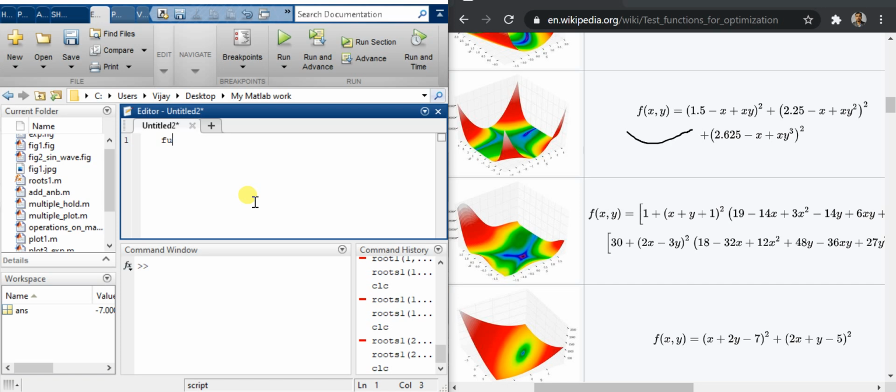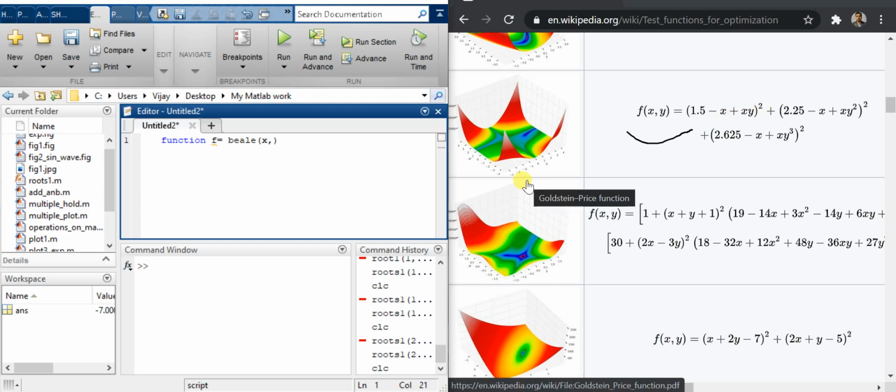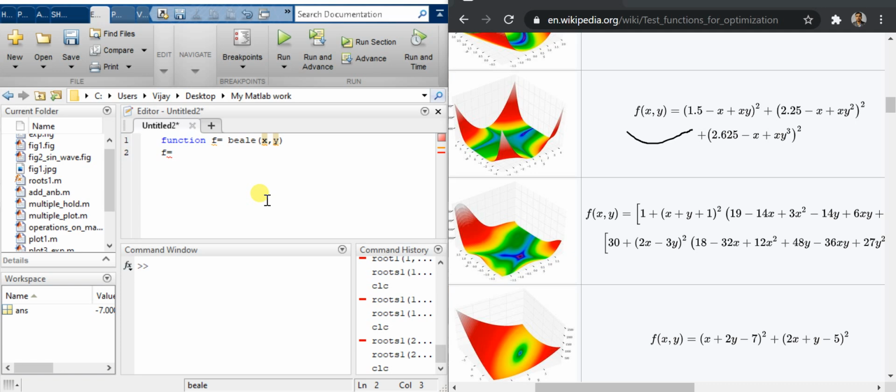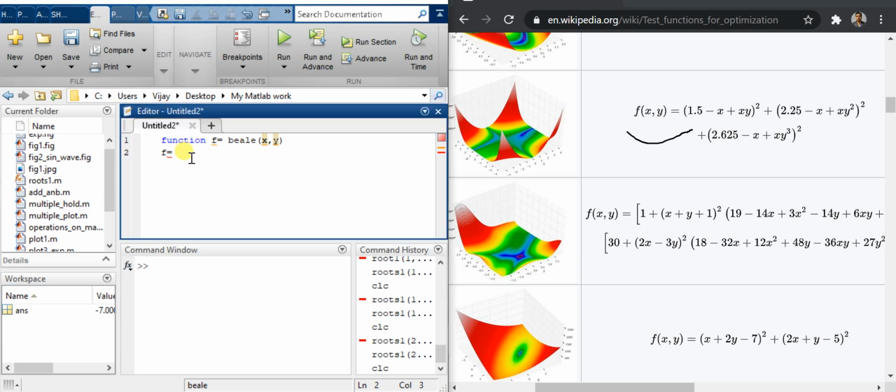code this. The keyword function is the starting, and we will store the value in f equal to, and the name of the function is Beale. So write Beale and pass the parameters. I think we have two parameters, that is x and y. So we can write over here x and y. And let's try to code. Simply you can write f equal to